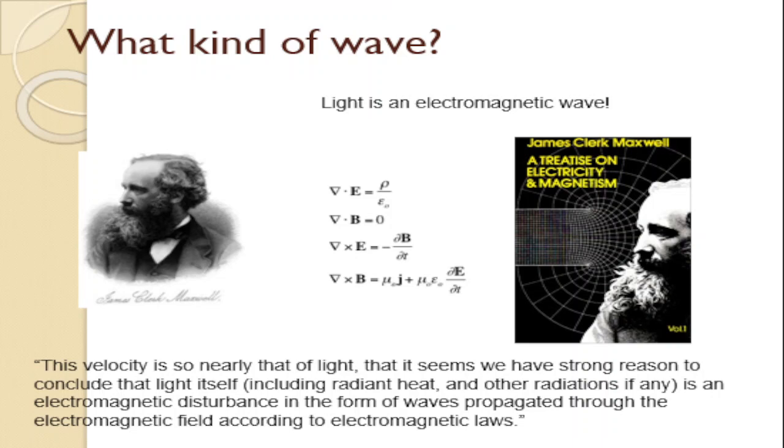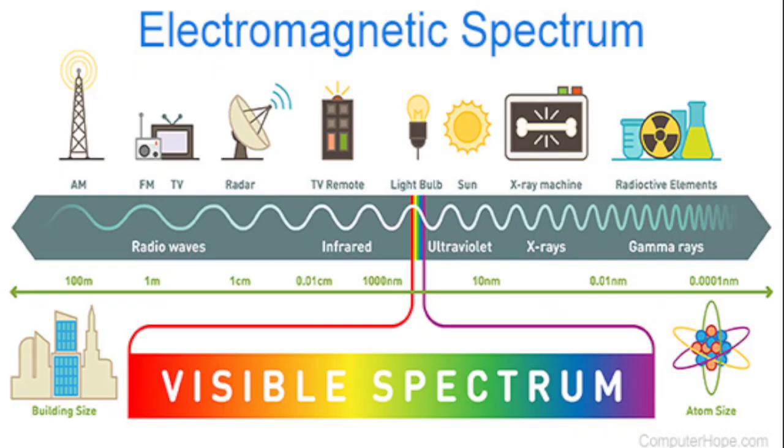Another scientist studies light, and that is James Clerk Maxwell. From his discovery, light is an electromagnetic wave, meaning it produces both electric and magnetic field, and it can travel in a vacuum. Remember the electromagnetic spectrum that we have discussed last time. From the electromagnetic spectrum, we have different electromagnetic waves such as radio wave, microwave, infrared, visible light,